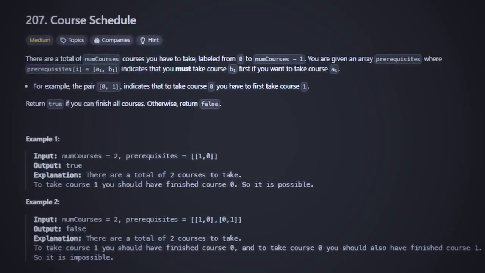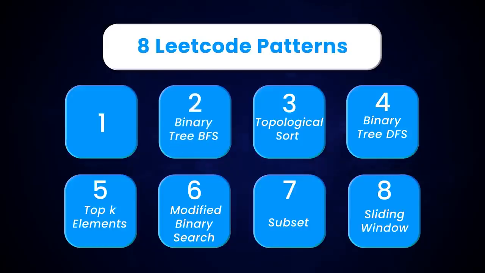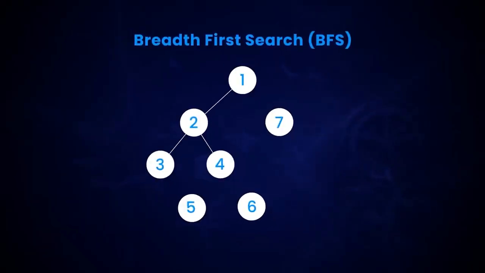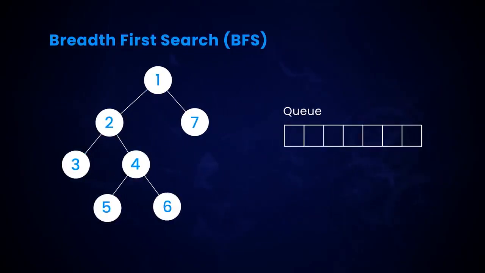Next, we have breadth first search of binary tree, or binary tree BFS pattern. So we already covered binary tree DFS. In binary tree DFS, we go deep into a branch and explore it completely. Then we move on to the other branches. In binary tree BFS, we take a different approach. BFS explores all the nodes at same level in different branches first. To do this, you'll need to use queue data structure.